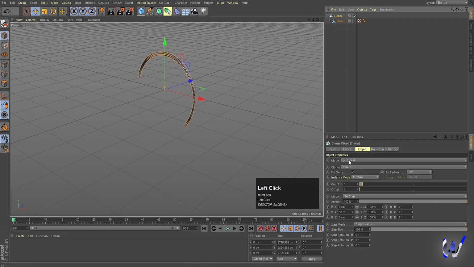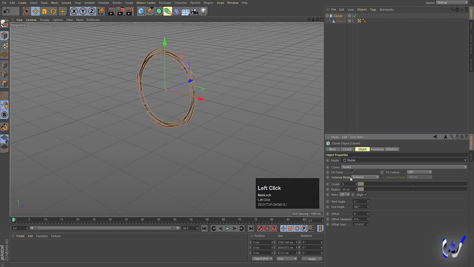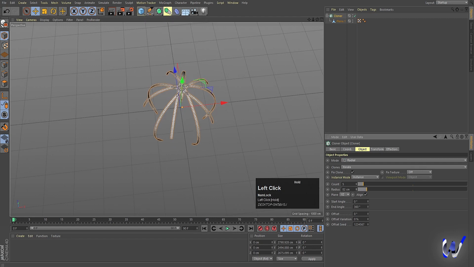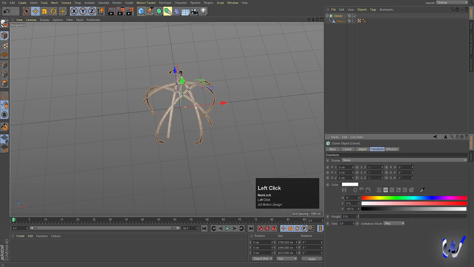Select this cloner and in mode we will choose radial, and for plane I'm gonna choose XZ. So we'll get something like this, and let's increase the radius to, let's say, 200 right now. Go to the transform and I'm gonna make R.P 90